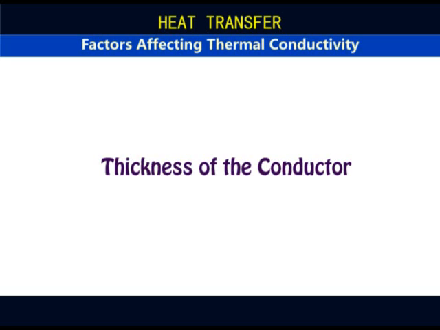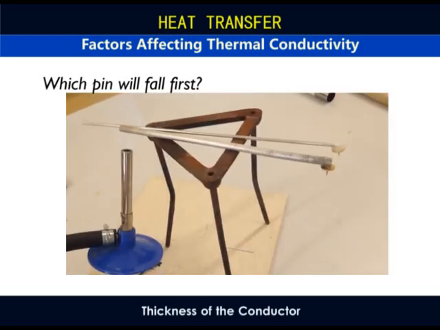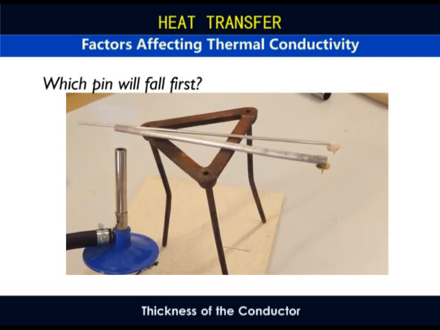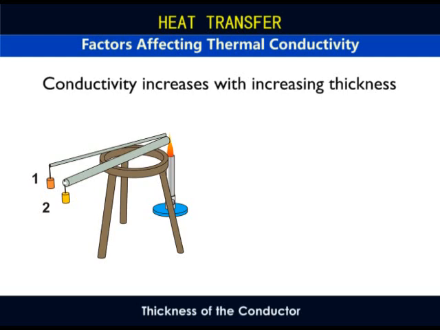Next, cross-sectional area or thickness of the conductor. Now, consider two pieces of aluminum rods of the same length but different thickness, with two pins attached on one end with wax and the other ends heated with a Bunsen flame. Which pin do you think will fall first? You will see that the pin attached to the thicker rod falls first, and this means that conductivity increases with